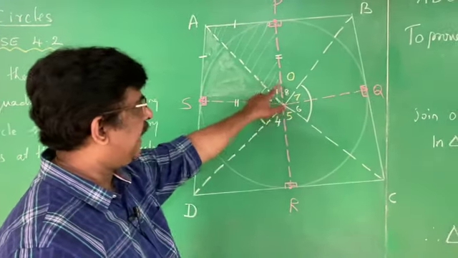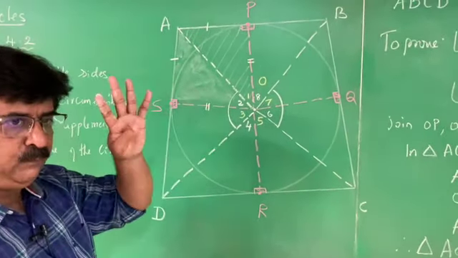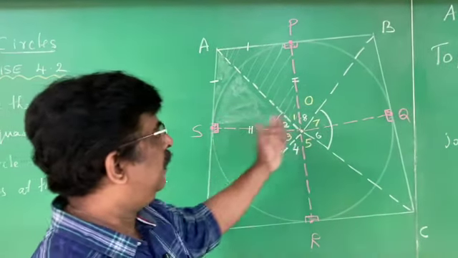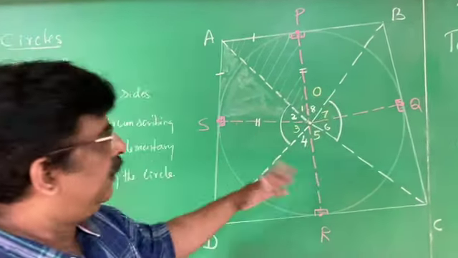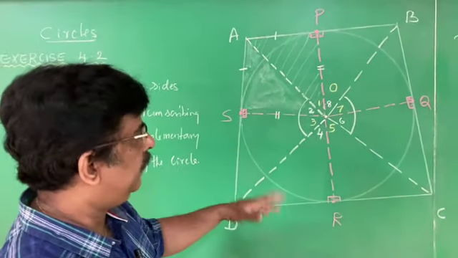At the center we have 8 angles. Out of the 8 angles, actually there are 4 pairs of equal angles, and each pair, when you make a pair of them, you get supplementary angles. That is the idea of this particular problem, right?